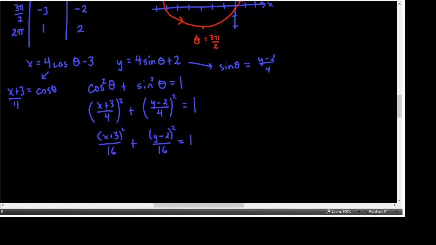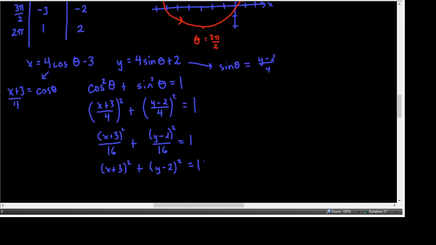And that looks like it's the equation of an ellipse, but this is a special ellipse. The x radius and y radius are both 4. And so since this is a circle, it's a special one where the x radius and y radius are the same. You need to write it in the standard form for the equation of a circle, which means that you're going to need to multiply both sides of this equation by 16, because x plus something squared has to be all by itself, plus y minus something squared has to be by itself, equal to the square of the radius,